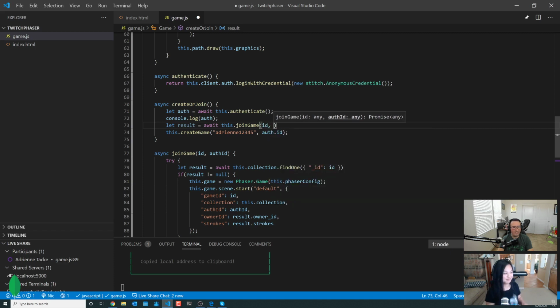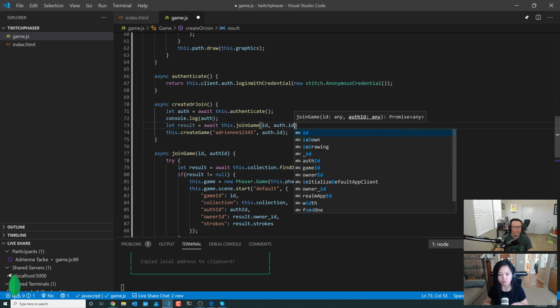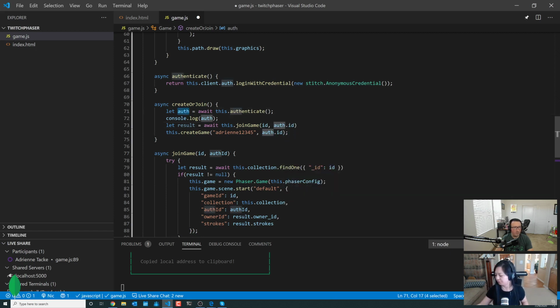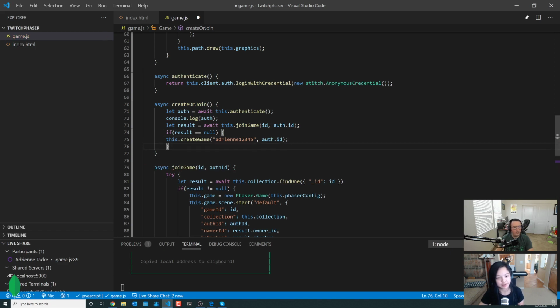So we pass in the ID and we pass in the auth dot ID, because right now we're just working with that. So we're checking for our result, and then we can say if result equals null, not is not equal, then we want to create, not just create every single time.